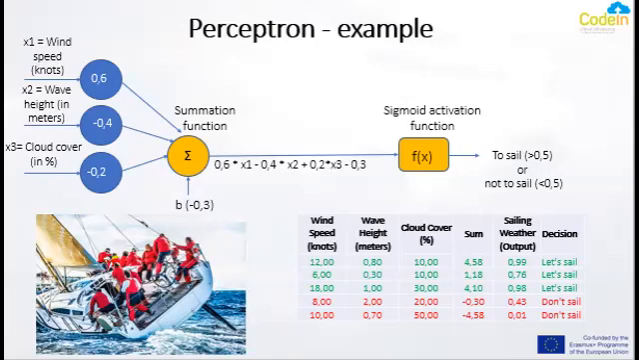Weight 1 for wind speed, 0.6. Weight 2 for wave height, minus 0.4. Weight 3 for cloud cover, 0.2. Bias, minus 0.3. With the help of the perceptron model with sigmoid activation function, we can easily predict good weather